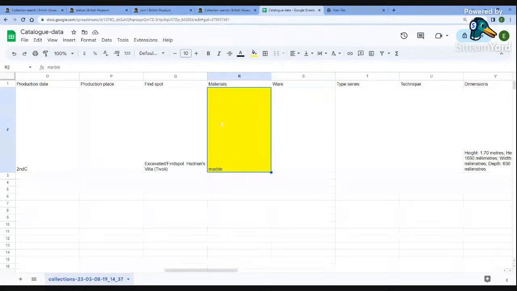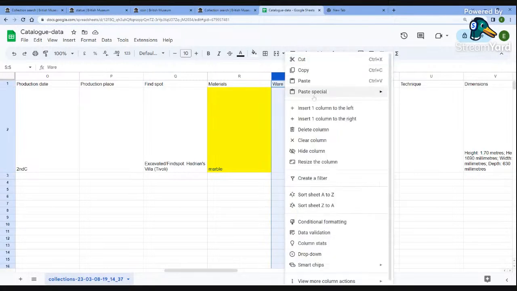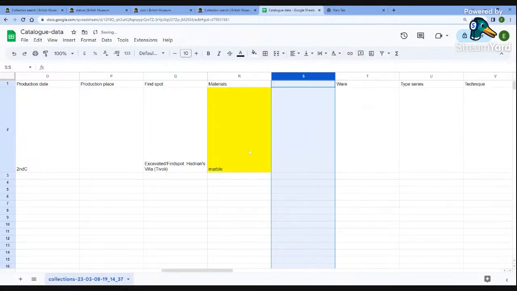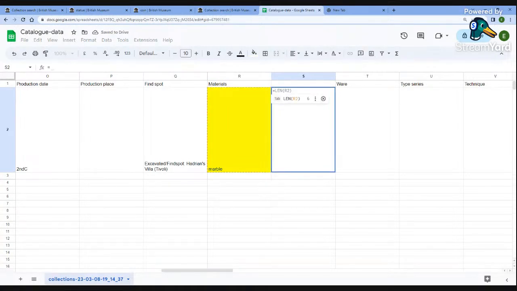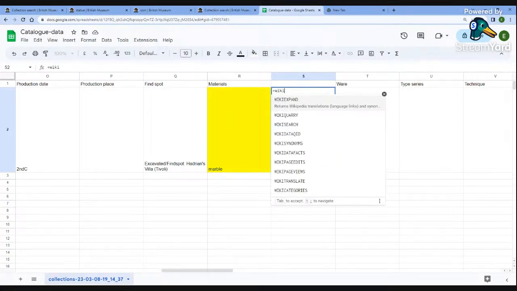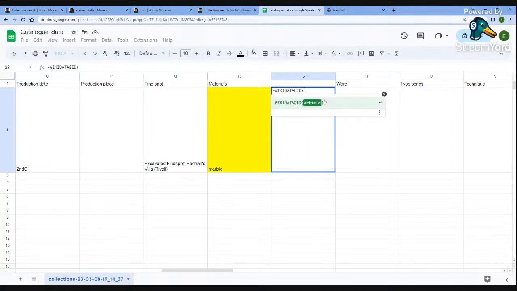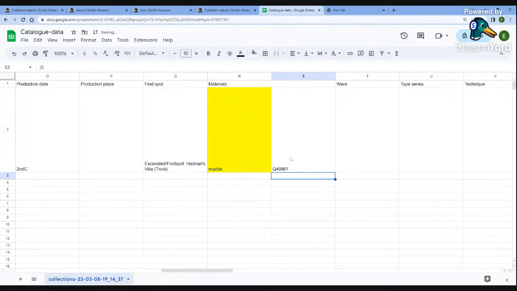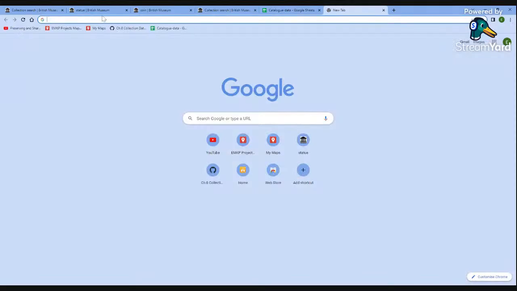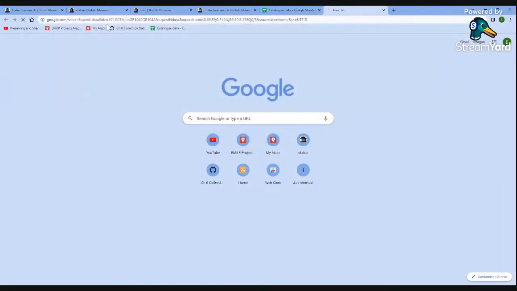So for example, I selected marble because it was an easy term that I could query for. If I want to query marble, I can insert one column to the left, and in here I'm going to run the query. If I type Wikidata, for example, Wikidata QID, it gives you the information here. It returns the Wikidata QID of the corresponding Wikidata item. So if we click here, select the cell and then close it, it's going to be querying Wikidata for this specific term. So if I go into Wikidata and search for that number,